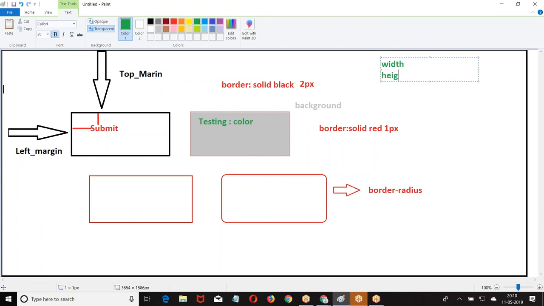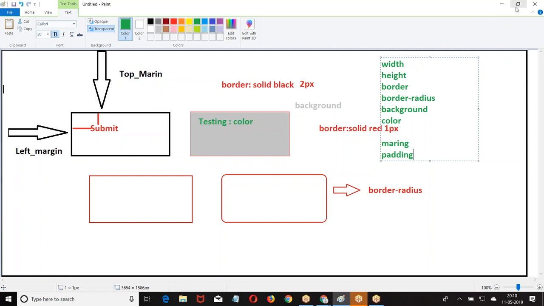Width, height, border, border radius, background color, margin. Generally, commonly used properties: width, height, border, border radius, background, color, margin. Okay, I hope you got the story, right?